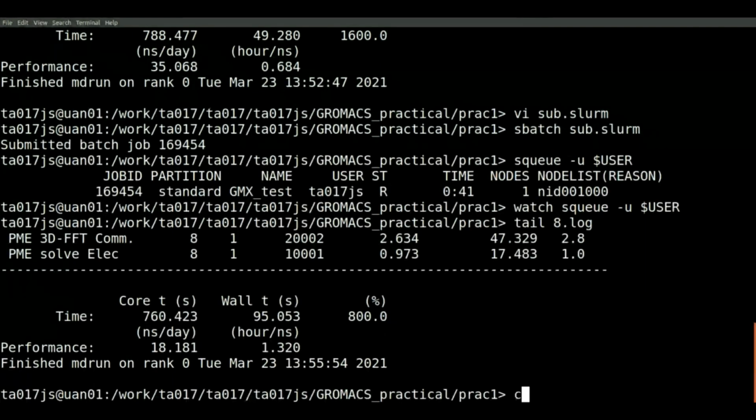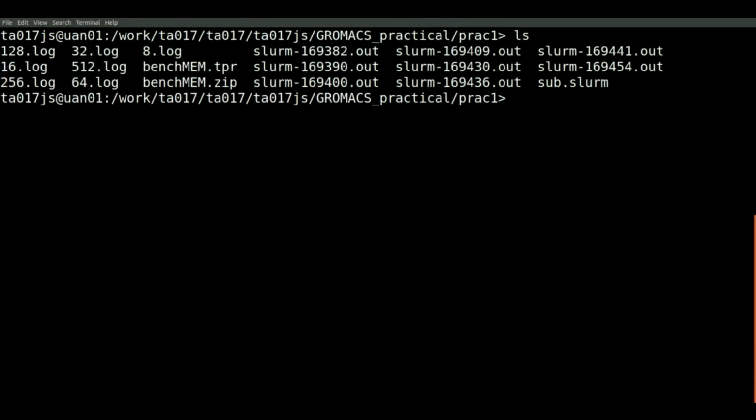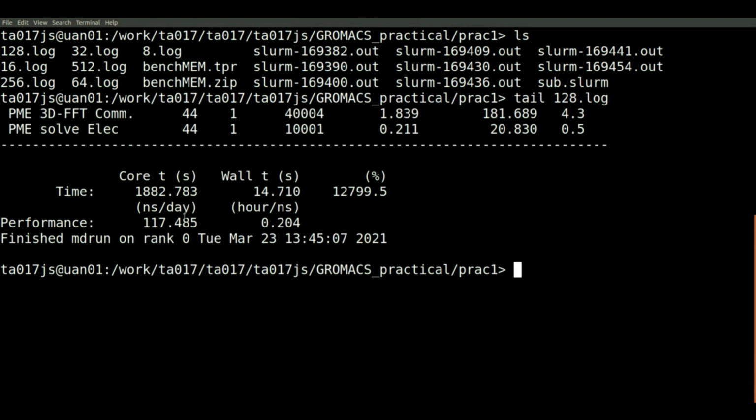Right, so what did I do? I've already briefly mentioned that I made sure to save all of my files based on the number of cores that I was using. So 128.log is the mdlog file for 128 cores. This is just a general idea so that I can refer to them and show you the results and check that I've not output the wrong results. And indeed, if I tail that, you'll see that I had a wall time of 14.7 and a performance of 117 nanoseconds per day, which is what I wrote down. To do those,